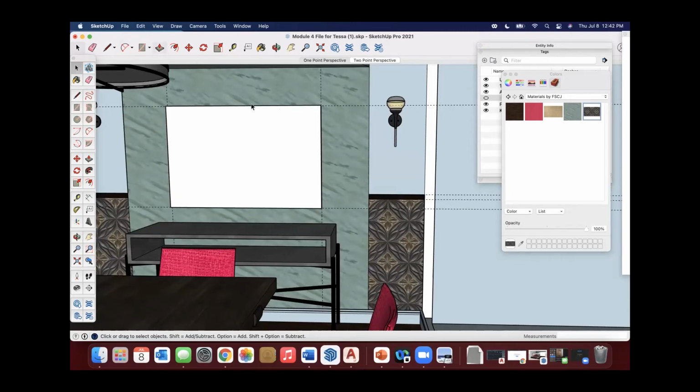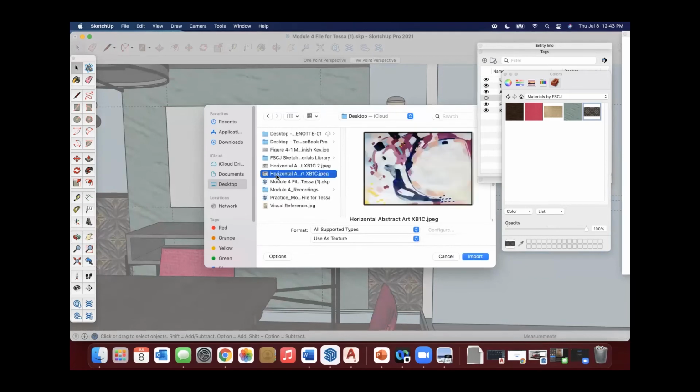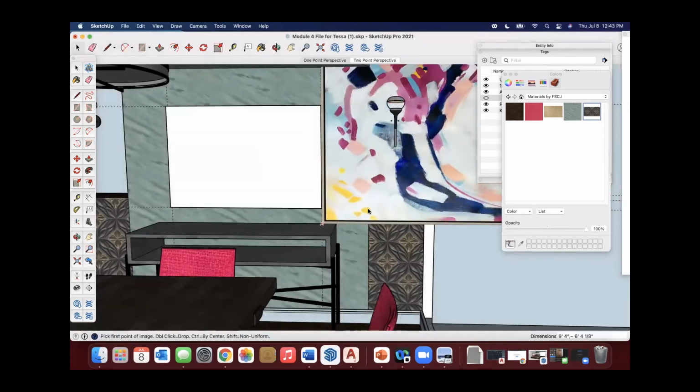So what I can do is I'm not going to be using the materials this time because we're bringing in an image. I'm not asking this image to repeat or tile, like where we have a seamless pattern. So that's different. So this time we're going to go File, Import, and find the image. Mine is here on the desktop. I've got the cropped image. Right here where it says format, it's going to show all supported types. This is a JPEG, so that's why it's letting me select it. But this is what I want to change. I don't want it to be used as a texture. I want to use it as an image. So when I do that, I'm going to say import, and it's going to be on my cursor.